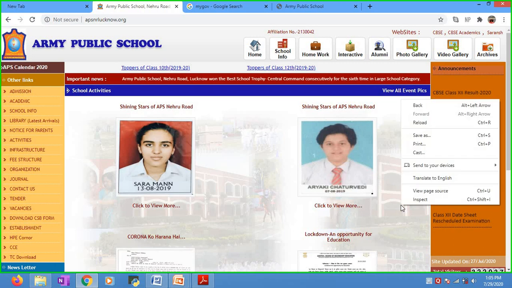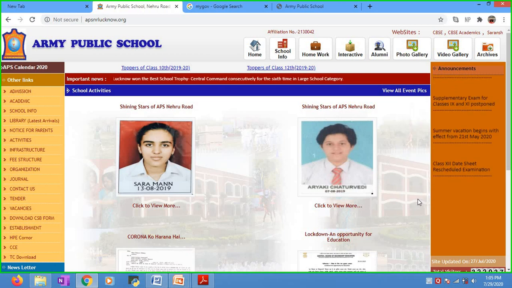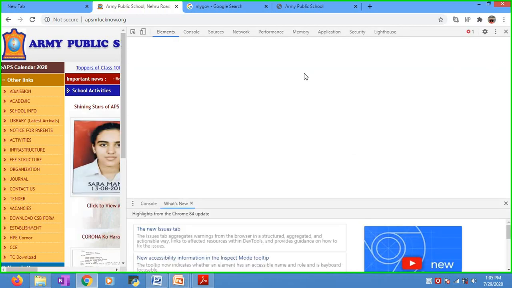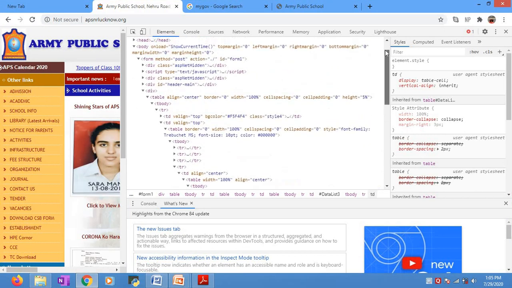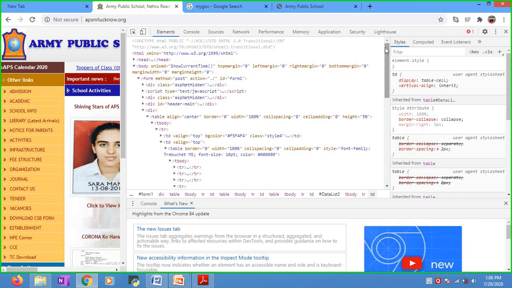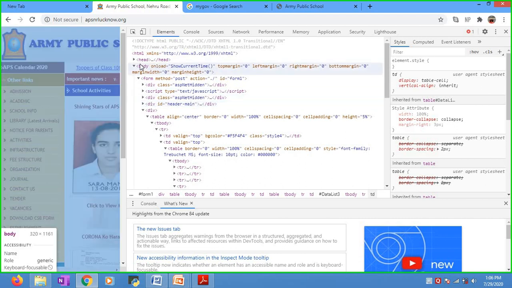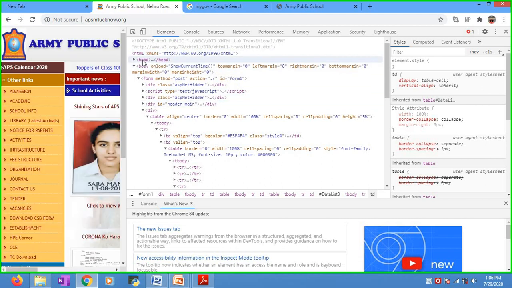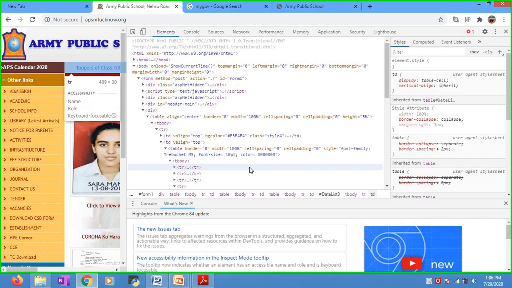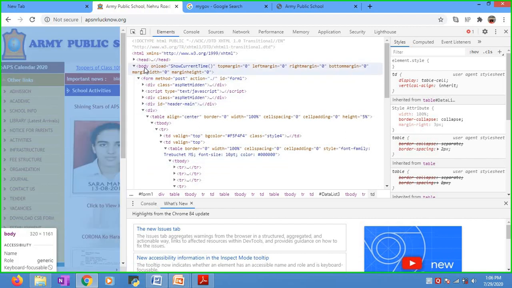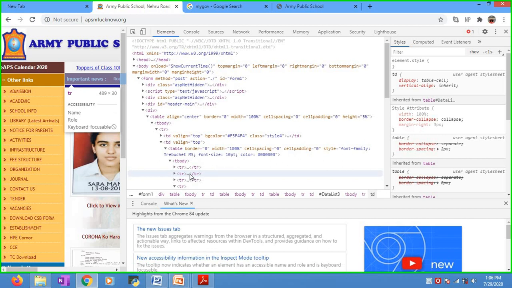Okay, so if you right click and choose inspect, you will see something, the coding form. See, can you see this here? What is this? This is HTML. So that is a web page, and the structure, the coding, you can see. You know HTML starts, the head, the closing of the head, then the body starts, and at the end the body gets closed, and between the body start and the body close you write the programming.